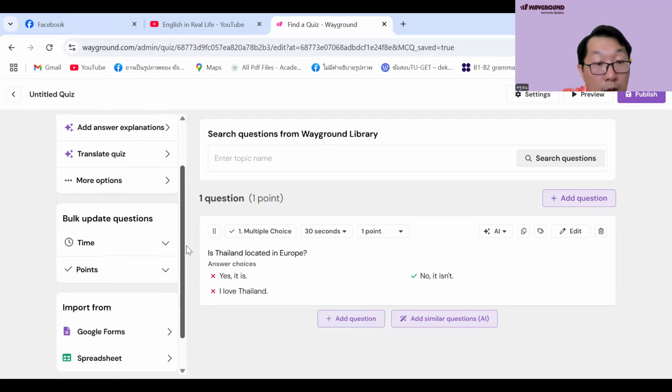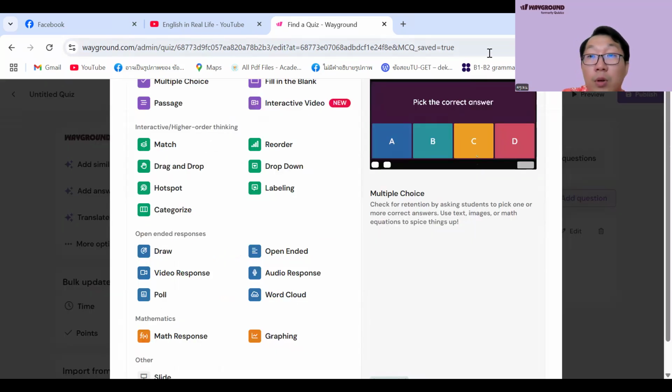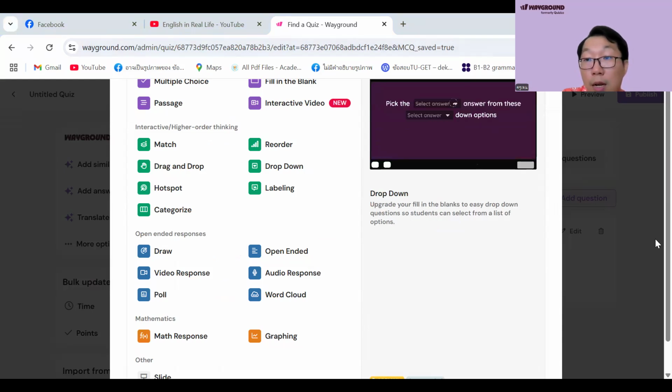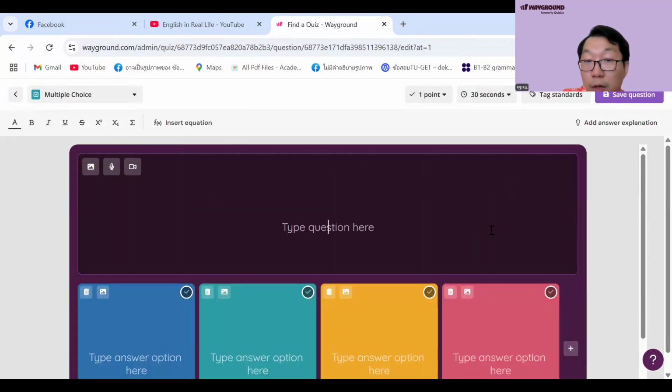And they changed the interface a little bit, but it's still quite straightforward. So the next one, let me try something else. Well, go with the multiple choice first. What are your favorite